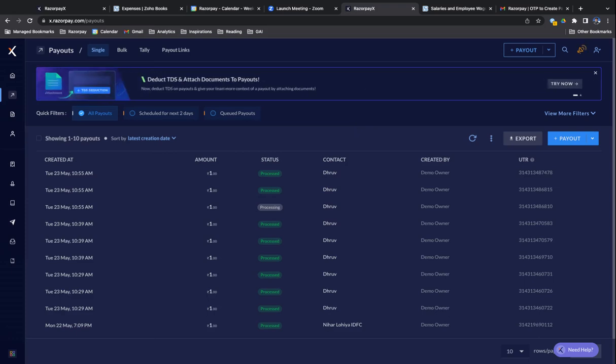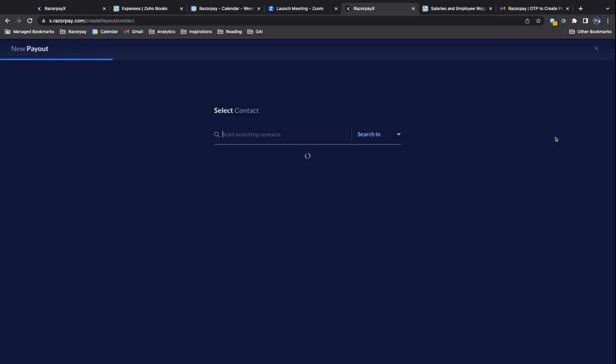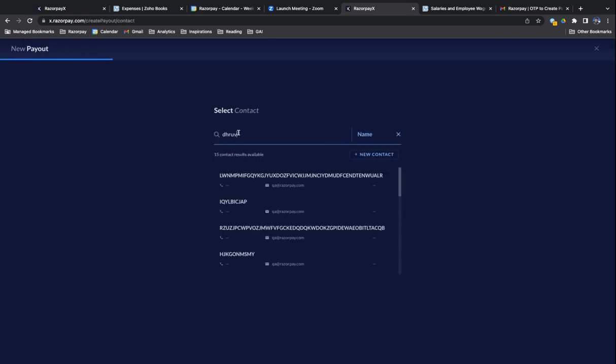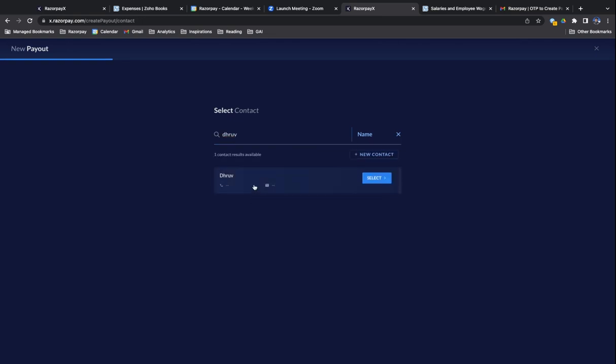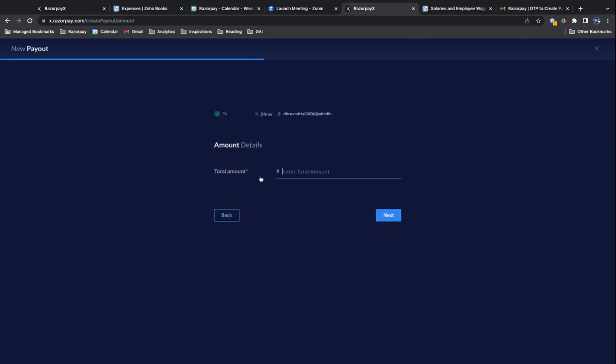Hello, today I'm going to show you how you can make payouts on RazorpayX and automatically categorize them and sync them to Zoho. Let's go and create a payout over here. Let me just search the contact name, choose the fund account. Now this is a very important step